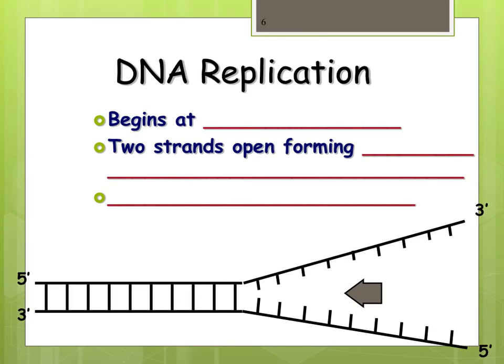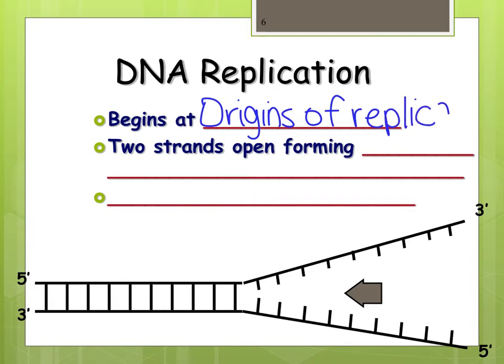So let's take a look at an animation of prokaryotic replication. We're going to have to do it in a different app because it's not going to work on here. All right, so DNA replication, where did we say it began? We just talked about it a second ago. What do we call that place where it starts? The origin of replication. It's not a real fancy name. The names kind of tell you what they do. So it's going to begin at that origin of replication. And in eukaryotic replication, remember we said we had more than one origin as compared to prokaryotes, which only had one.